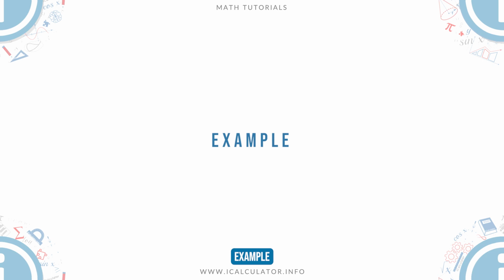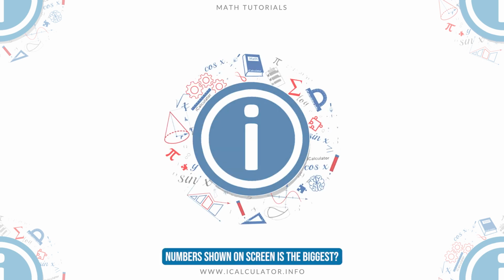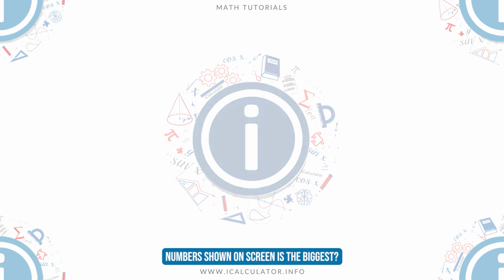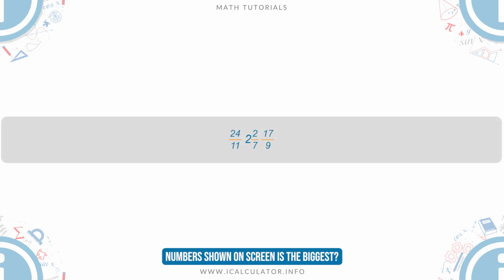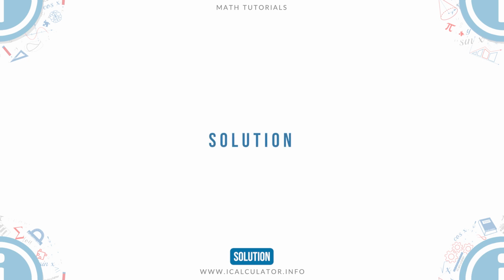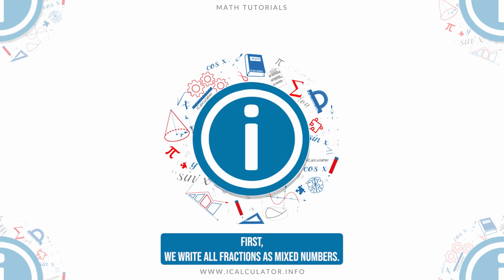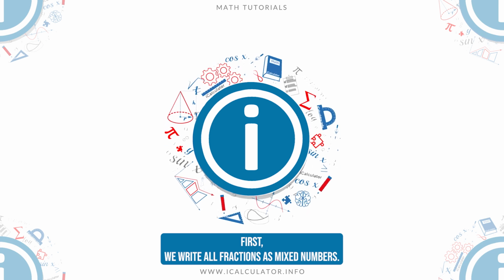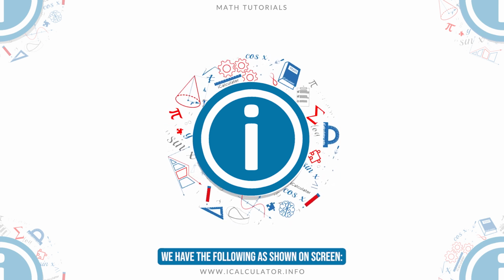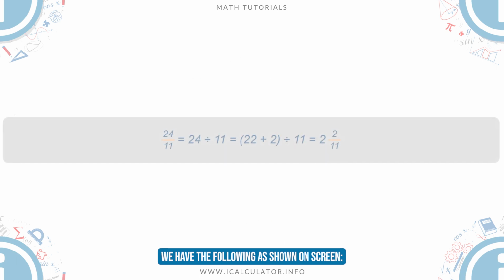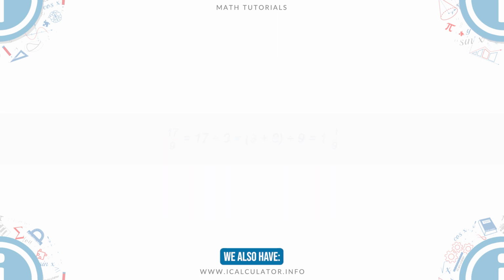Example: which of the numbers shown on screen is the biggest? Solution. First, we write all fractions as mixed numbers. We have the following as shown on screen. We also have